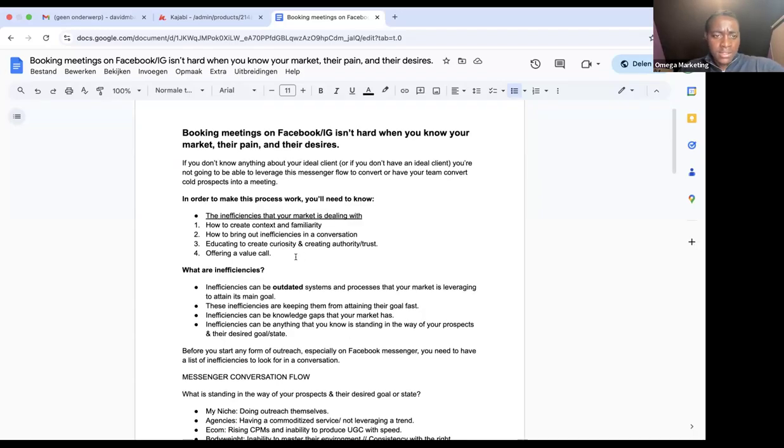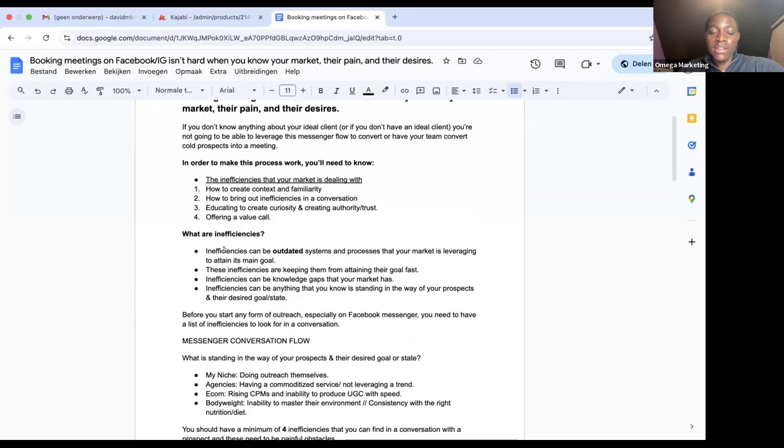So first of all, what I need you guys to understand is what inefficiencies are, okay? Inefficiencies can be different for the kind of niche you're going after. For instance, inefficiencies can be outdated systems or processes that your market is leveraging to attain its main goal. Let's say it's an agency, or maybe a coach that needs more leads, right? The way he's going about generating leads, maybe he's doing it in an outdated way. You need to know all of these things, but also know the solution to that, right? Because then you're going to tie it to bringing it out first and then educating them. But what this actually means is you providing a solution to their problems inside of the DMs,